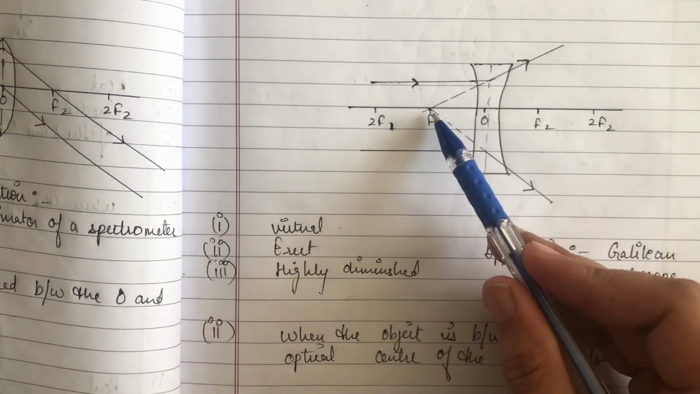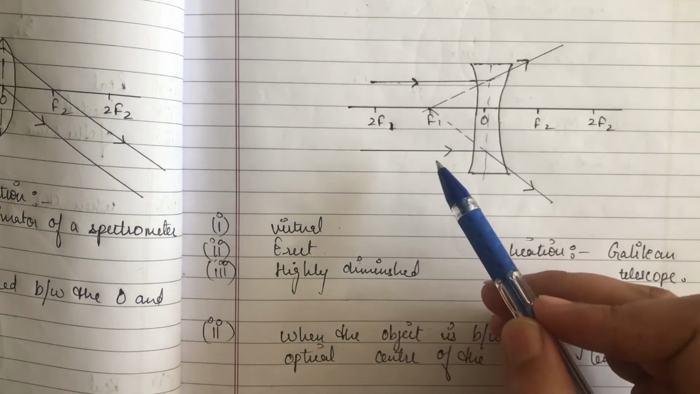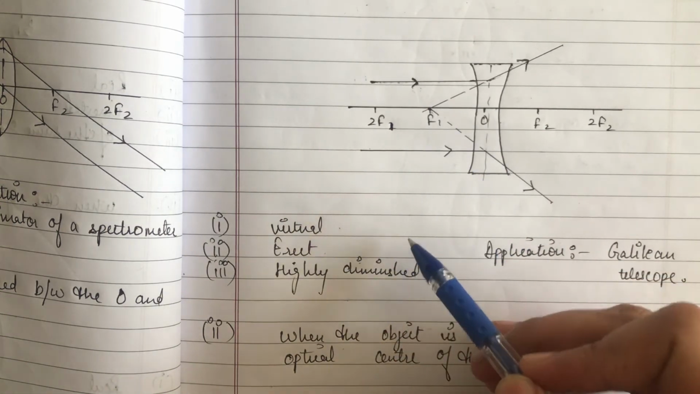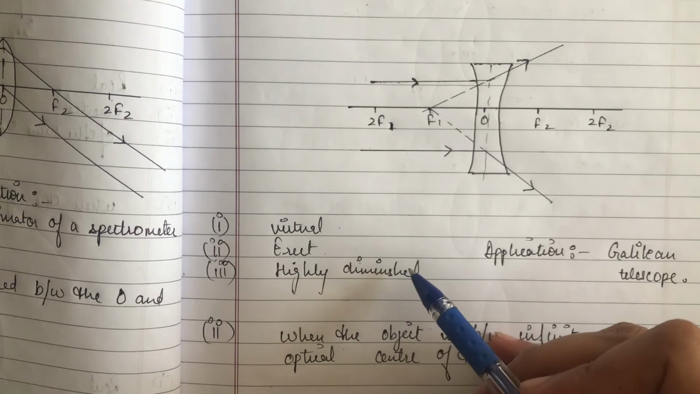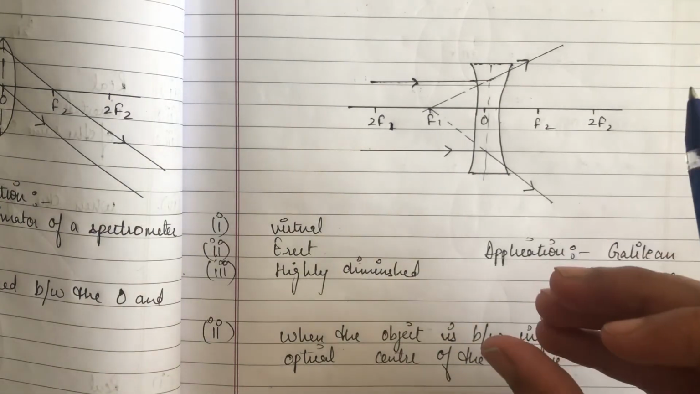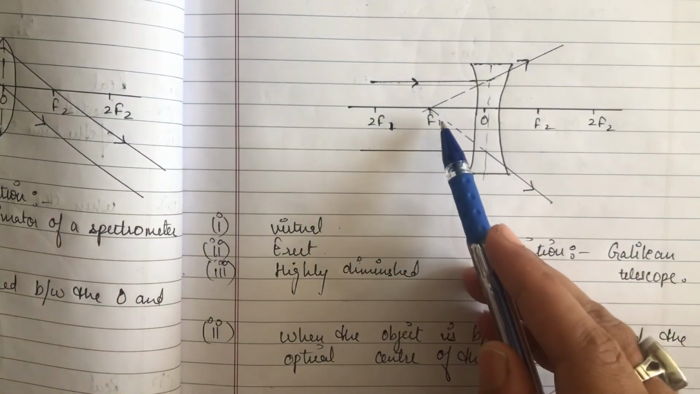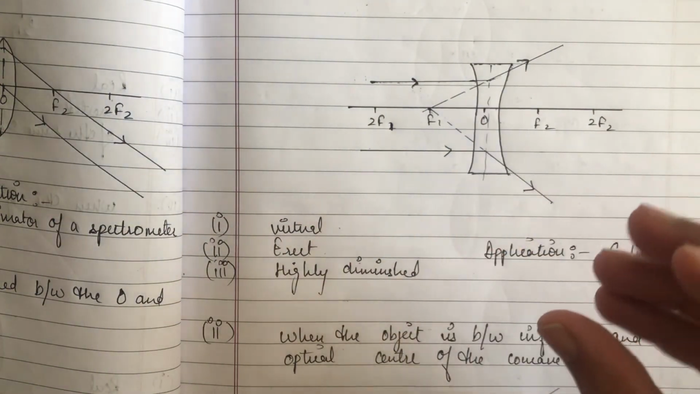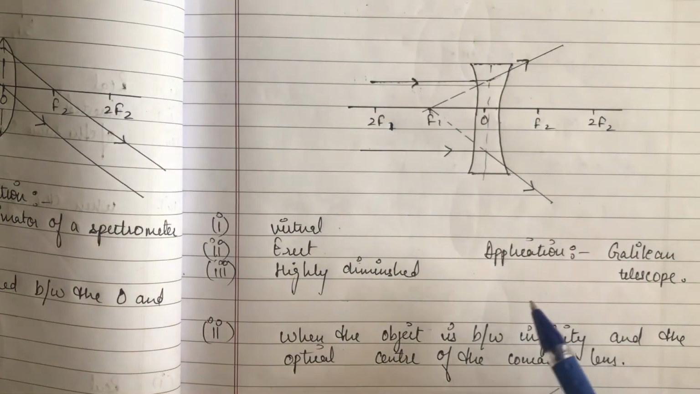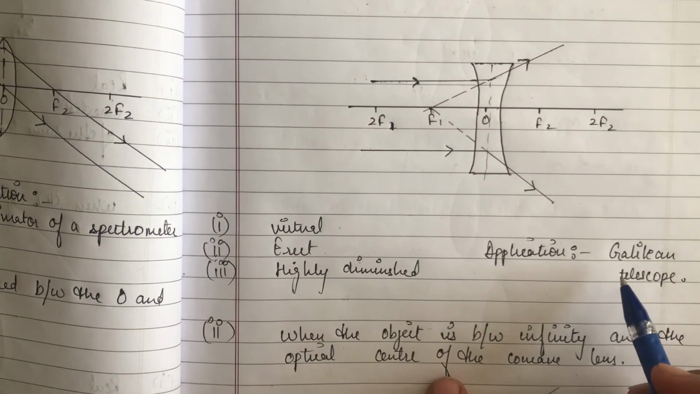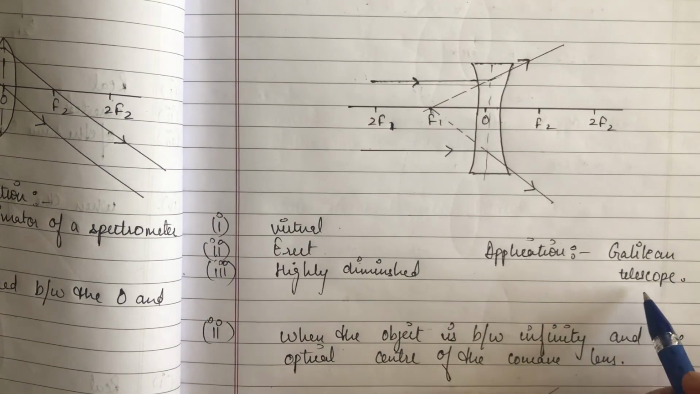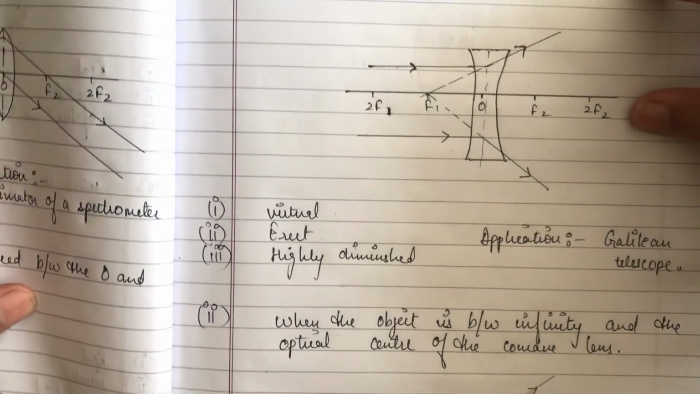You can see the image is formed behind the mirror, it is virtual. Erect, obviously if it is virtual, it has to be erect. Highly diminished means the size has decreased, the object size is at infinity, it must be very big. Now at focus, when the image is formed, it is very small, highly diminished. Application, it is used in Galilean telescope. Quite important thing. Now our last case,